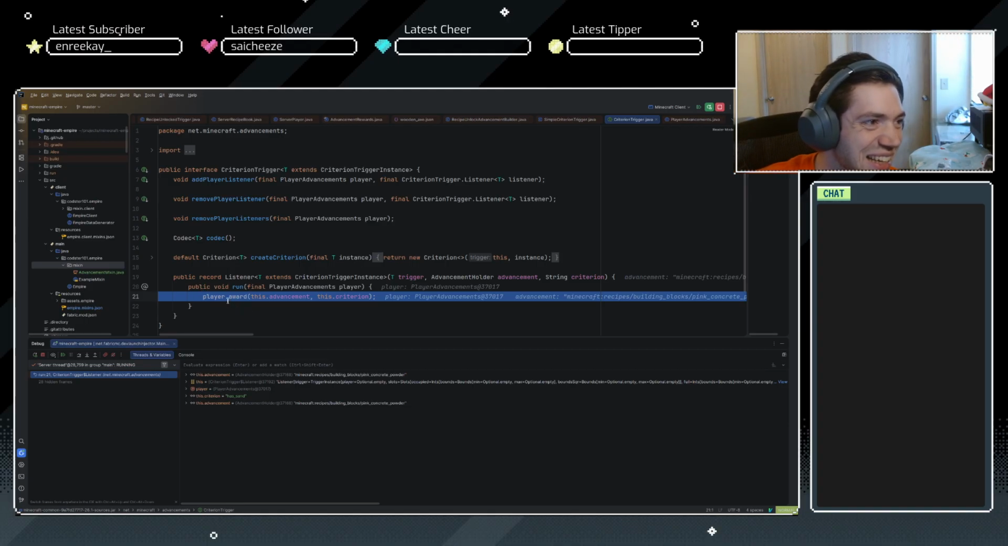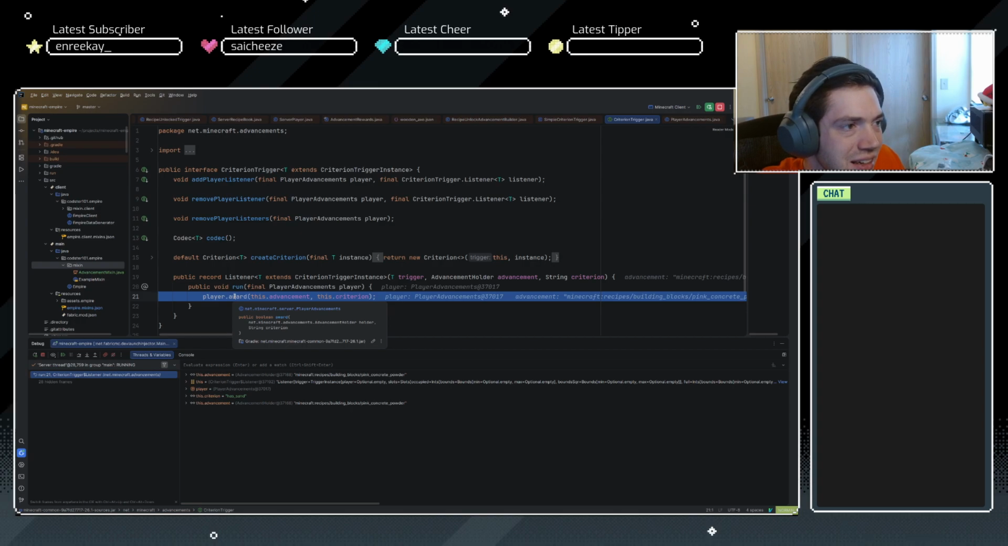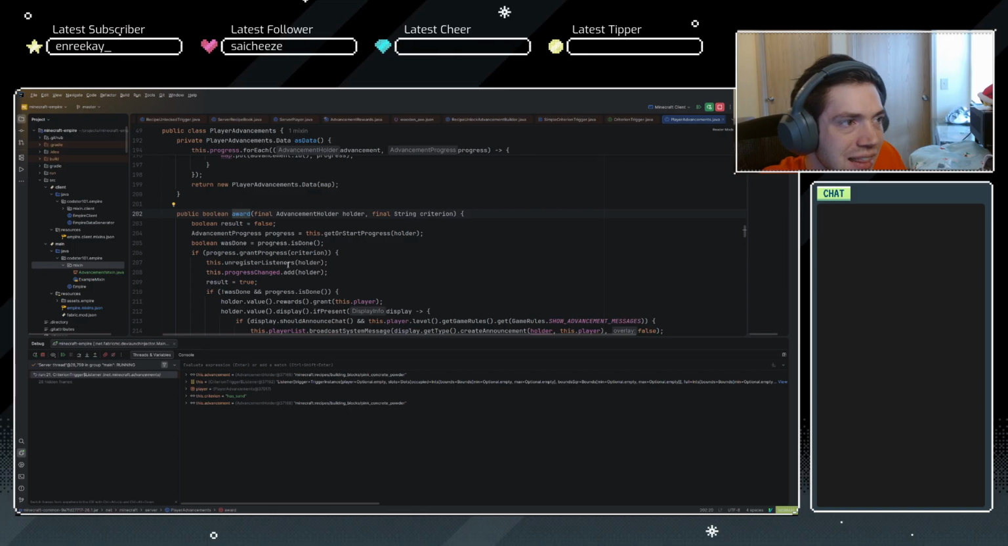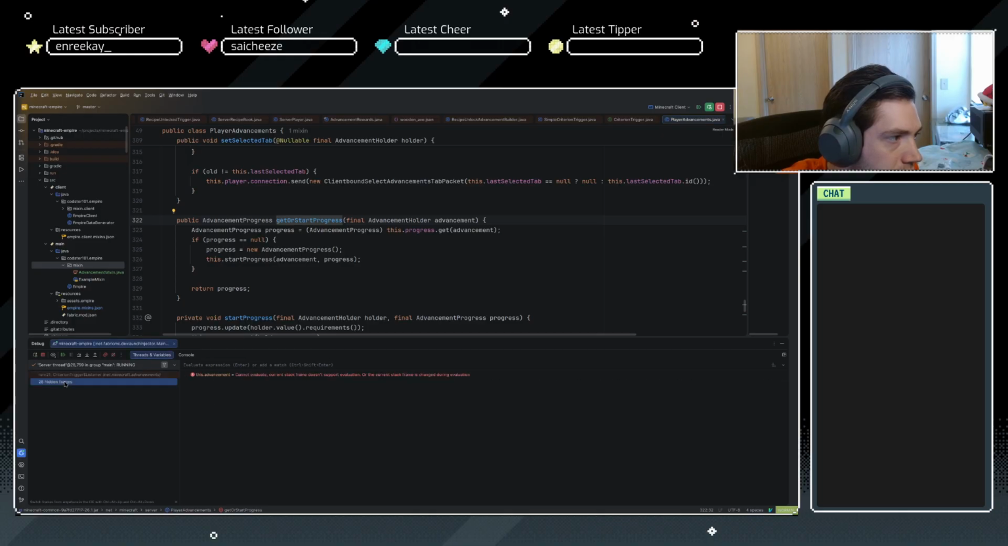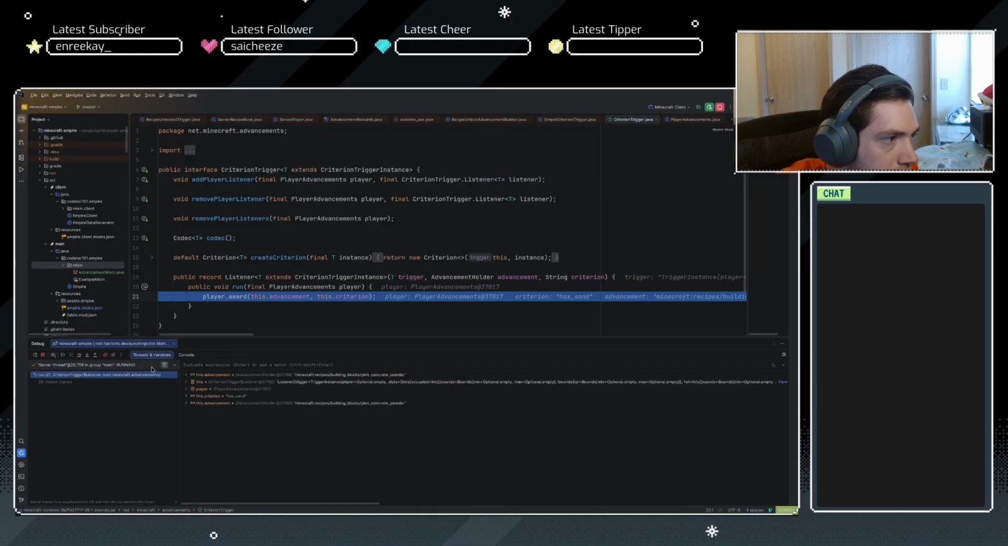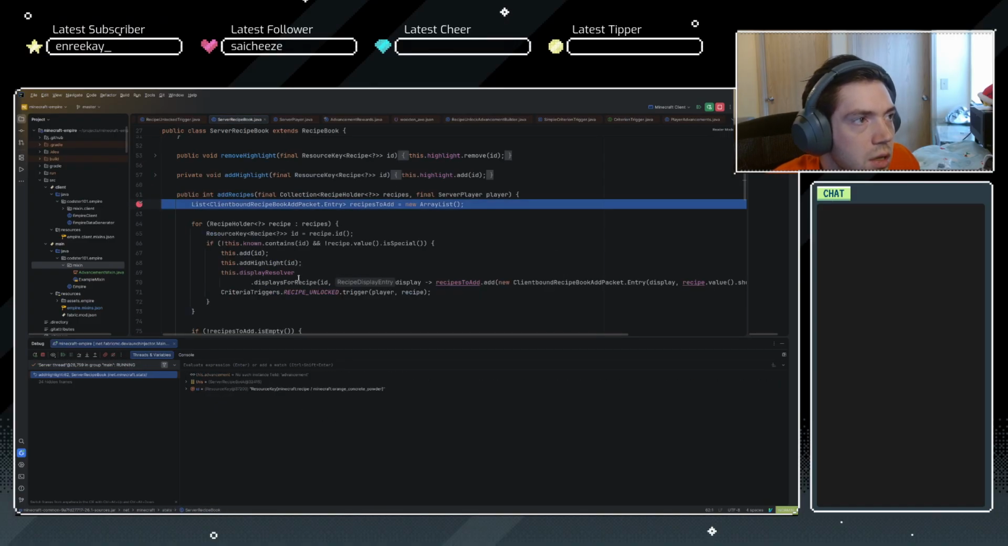What? Bro, this is cap. Because this goes in here. This is never calling anything to do with server recipe book. Like, okay, go down here. Go to this. I mean, I guess it could, but bro, I think it's gonna go